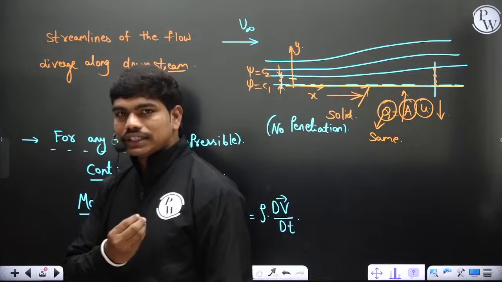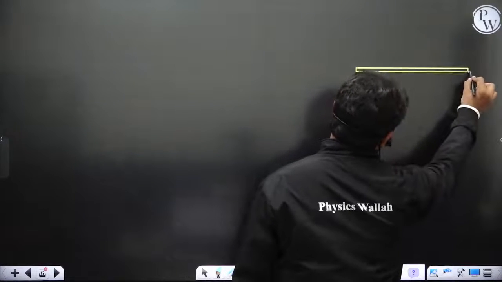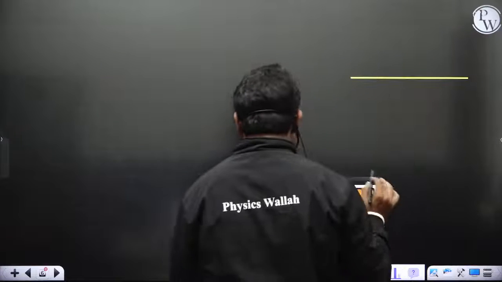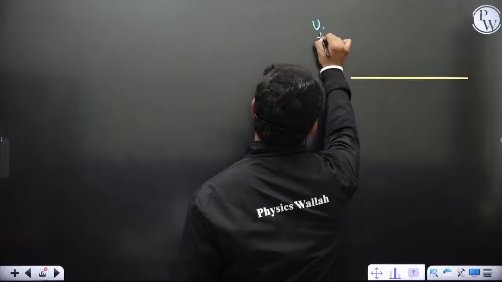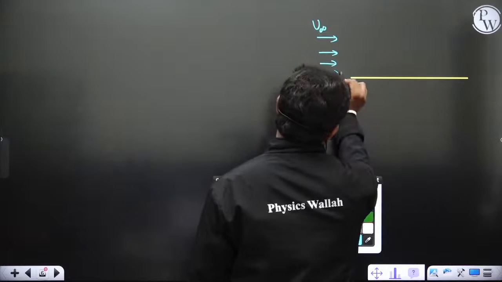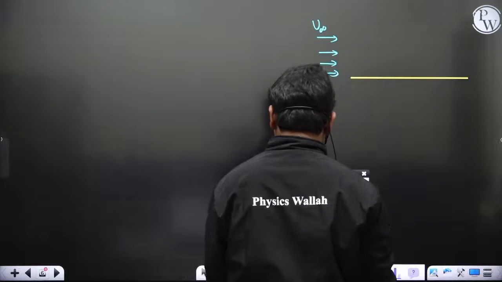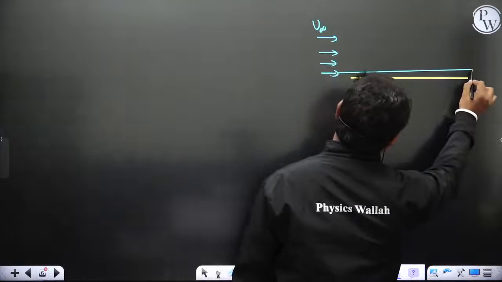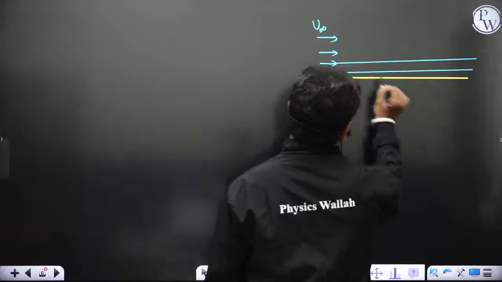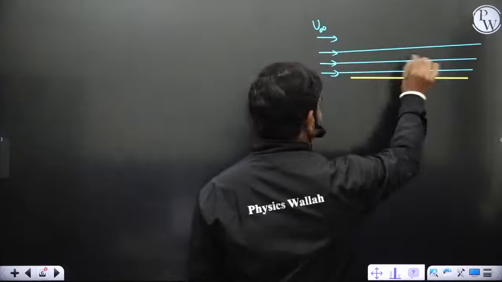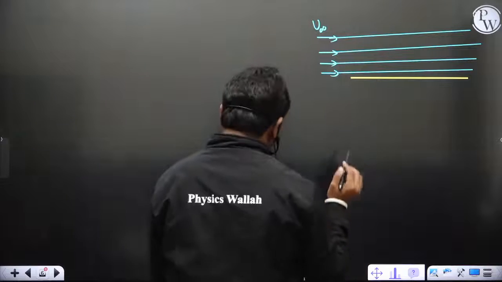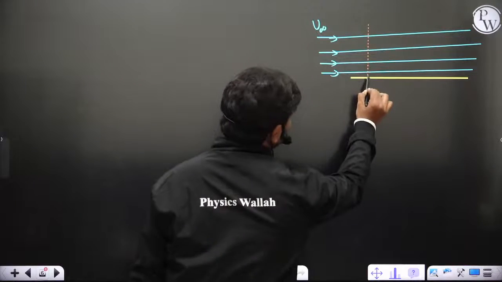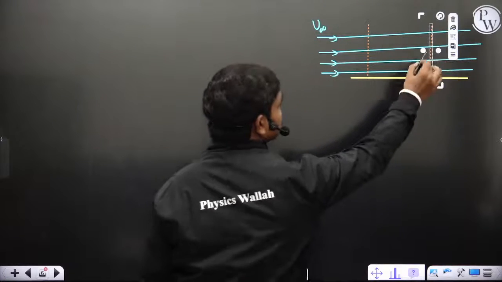So what are the few things that you can understand? Let me tell you. When you have this plate like this, definitely one point you can understand is, if this stream is coming at u infinity, then these fluid layers will actually slow down, correct? So you can see these fluid layers will slow down. They're not exactly straight lines, but you can analyze, at this section and also at this section, the particle velocities, for example,